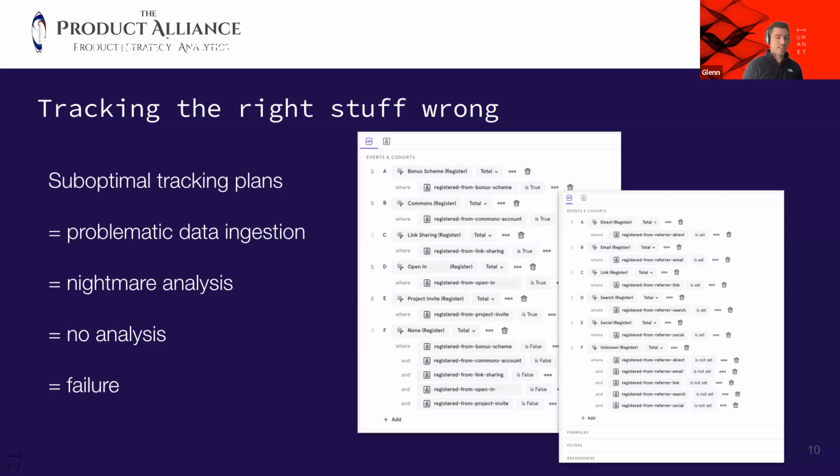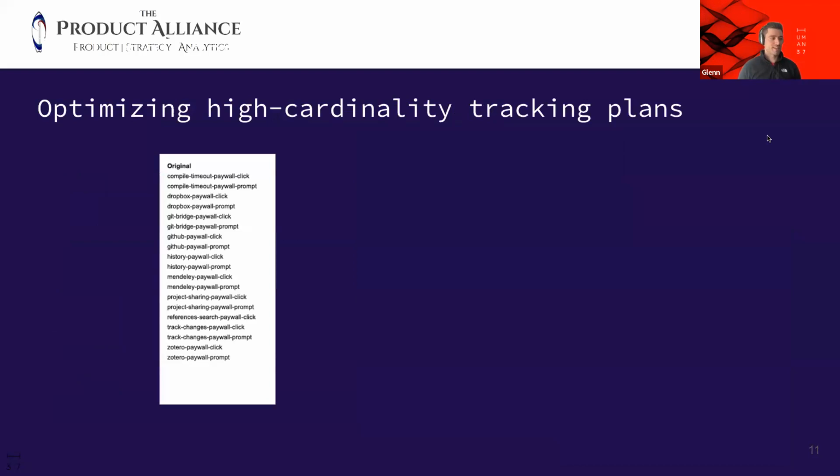We see this mistake happen with people who start in product analytics or who start scaling in product analytics. And the way we solve it is by reducing cardinality and doing exactly what Yoav said: reduce the number of events and provide context through properties. On the left-hand side, we have an example of 20 events that are part of a setup that we optimized for one of our clients. We call this a high cardinality tracking plan. It means that we have a large number of unique event names. In this case, we have 20.